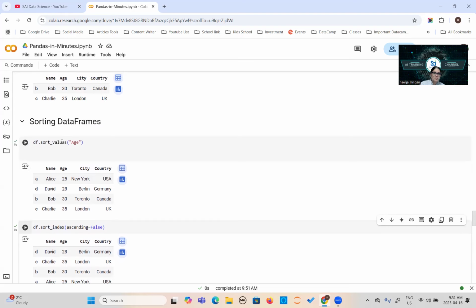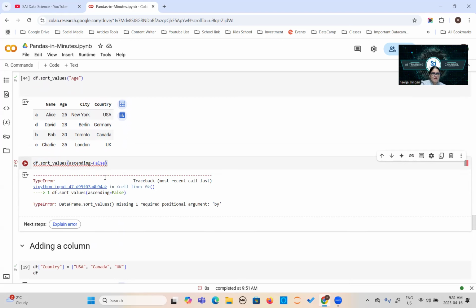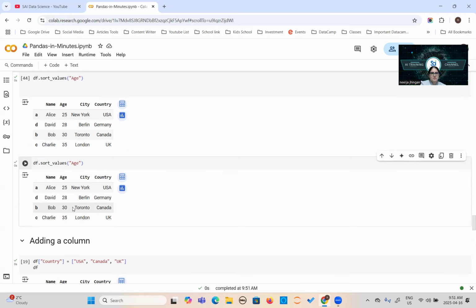Okay, but if you want to sort it based on the values, you can also do that. You need to give the actual value here, like we gave above. Like based on the age, if you want to sort it, you can do it like this.